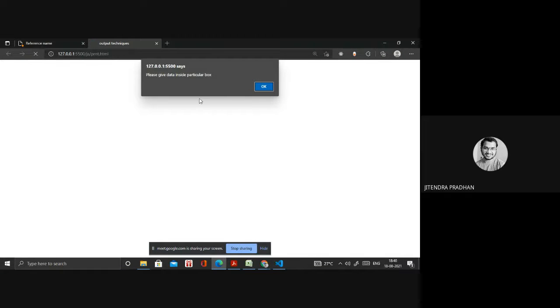We don't have any particular box inside that. We don't have any cancel without submitting. Like click OK, we cannot do anything. Have you noticed that when you click outside of that, it is not working. Without clicking the confirmation, it will not do anything. We don't have any cancel button inside that. If I refresh also, it gives me the same thing. So you must confirm that particular message. So you have to click that OK.